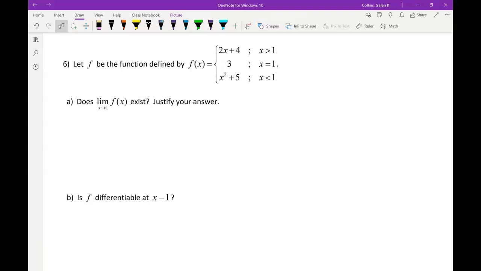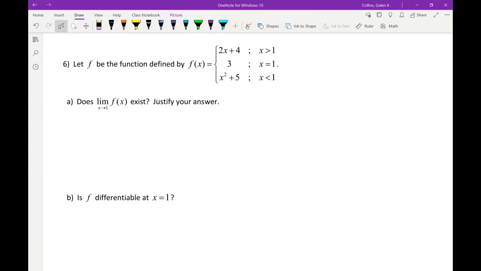So, all right, let f be the function defined by f of x, and we've got a nice piecewise there. Does the limit of f as x approaches 1 exist? And justify your answer. So I can see how this could be confusing. But if the limit of f as x approaches 1 exists, the thing that must be true,